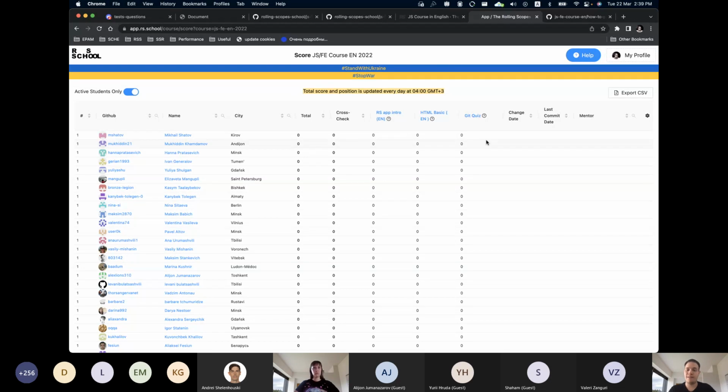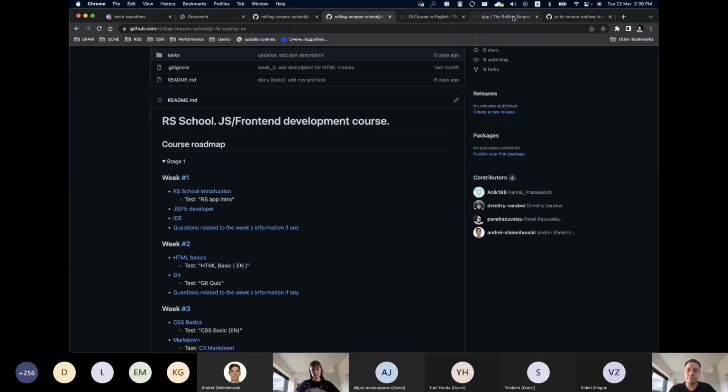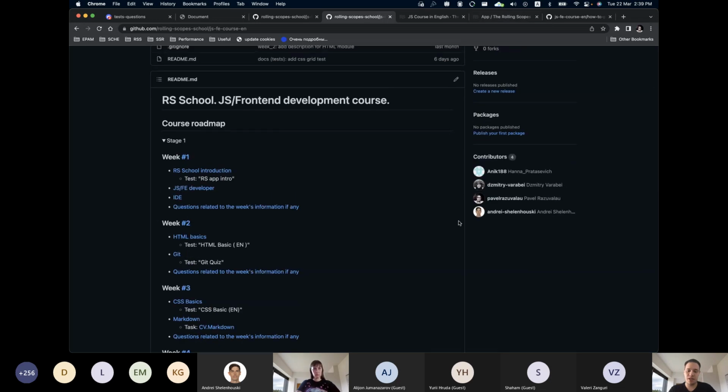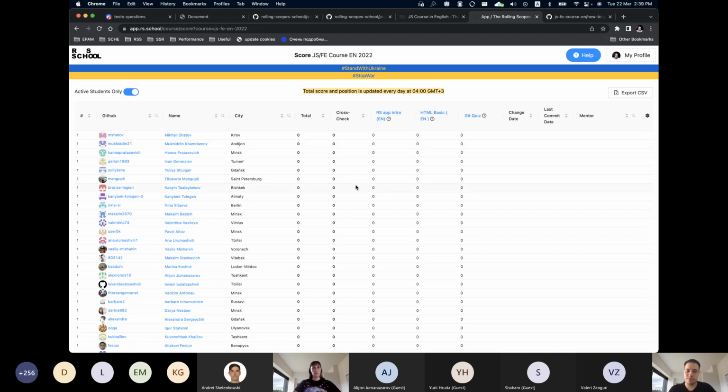In case the task requires manual verification, the score will be calculated as the percentage of the task criteria that are implemented correctly based on the task's requirements. So answering the question, you will receive the score for passing all the tests and all the tasks, and that's how the score will be calculated.